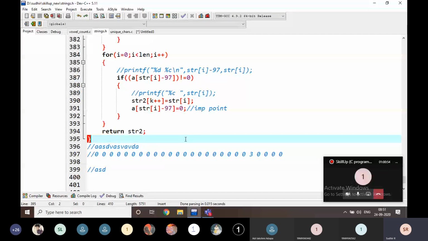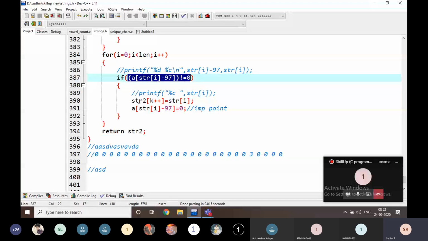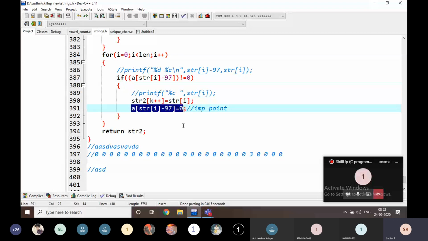Strings is an important concept. That's why I'm giving more examples on strings here. Is it finished? Just note it down carefully. This line and this line also, note it down carefully.